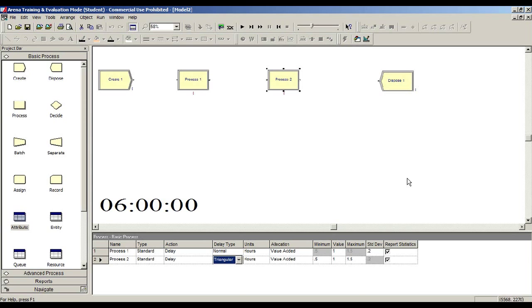It's more used when you don't have a lot of data relating to a process, because, for example, for a normal one, you need to take many times so that you can have a really accurate standard deviation. So you need more data than for a triangular distribution. So let's suppose that we are the bosses, we have all the data that we want, we are sure that process one is about stamping,